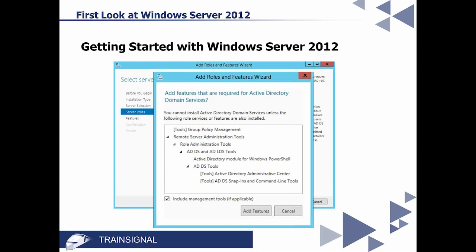So you can choose if you want to have Windows automatically install these. It's telling you, all right, you're going to do group policy management, and you're going to do some RSAT, the remote server administration tools. So, all right, I'll go ahead and say, yeah, add those features. Here's what I think is so cool about it. In previous operating systems, it would recommend or suggest, but it wouldn't just do it for you. Or it might say, hey, you need these, so I will go no further until you add these manually. What I liked is that now it says, hey, you need these, and you can click one button and say, yeah, go ahead and add them.